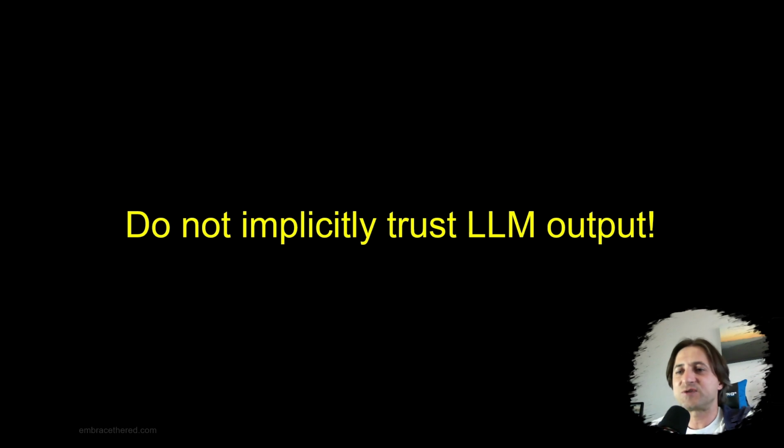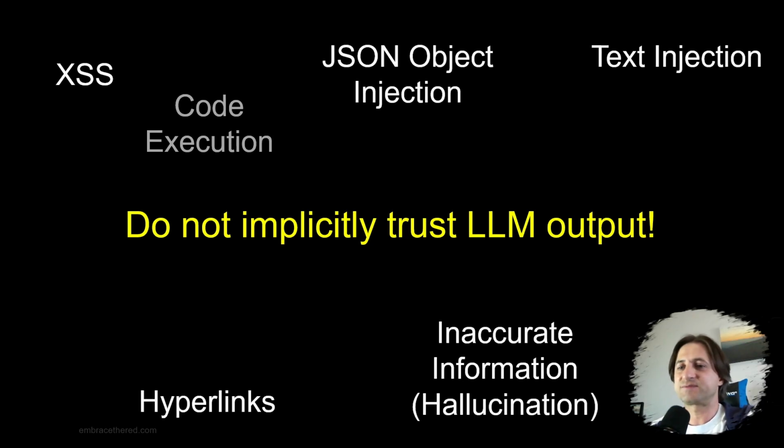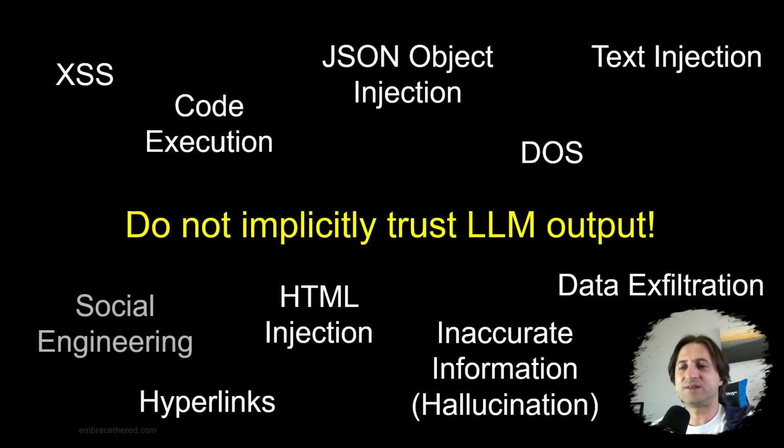Okay, this brings us sort of to the end. Just the big takeaway is you do not implicitly trust LLM output, right? There's a lot of attack vectors and how the LLM output might attack your application, right? Or it might attack the user with like scamming and phishing, as we have seen.